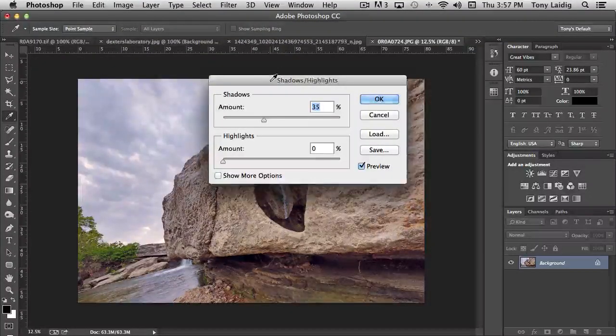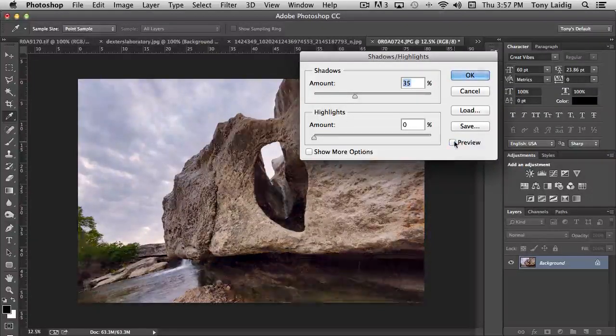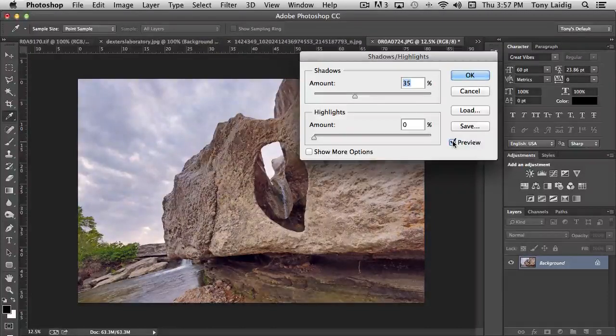And the default setting here in Photoshop is to boost the shadows by 35%. And you'll notice that if I turn off the preview, it's affecting primarily just the shadow areas of the image. You can also darken the highlights here by a little bit just by moving the slider. I typically tend to drop this amount down to around 20 to 25%, but it's a way of increasing the shadows in a positive way so that it brings out additional detail in those areas that otherwise you may not